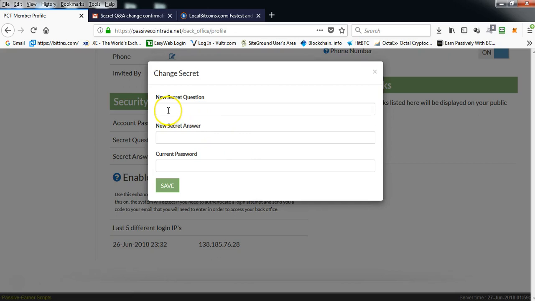Here you would make up a secret question, and put an answer to your question. Here you have to enter your current login password, and you click on save. But the system is going to give you a warning message, for security purposes, that your secret question and answer has not been set up yet, and the system will send you